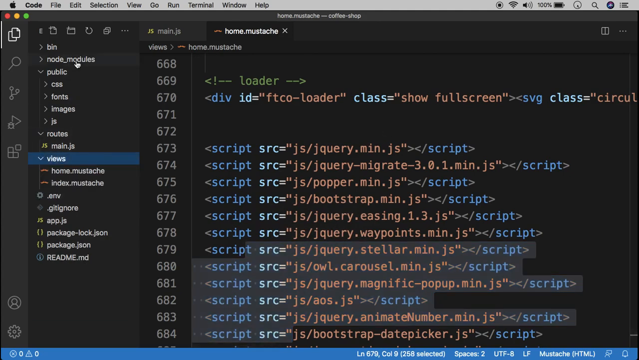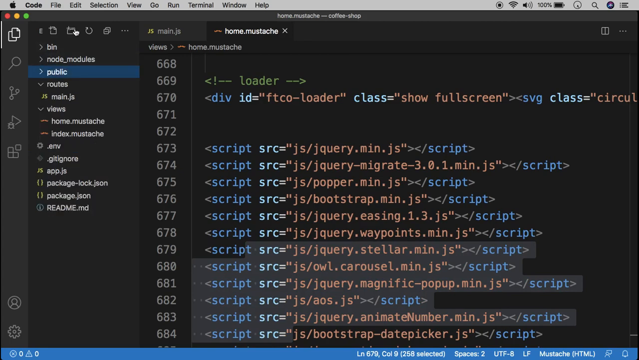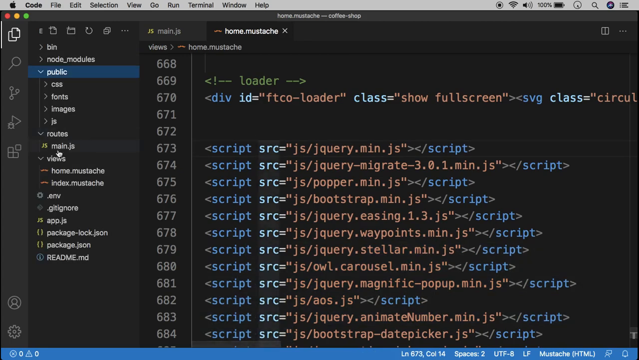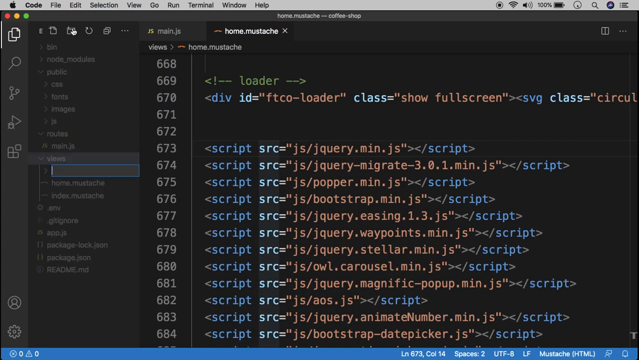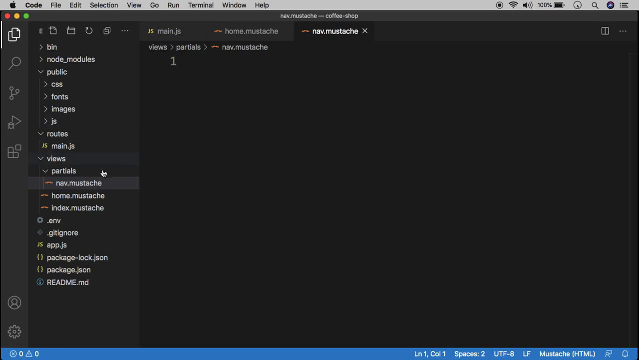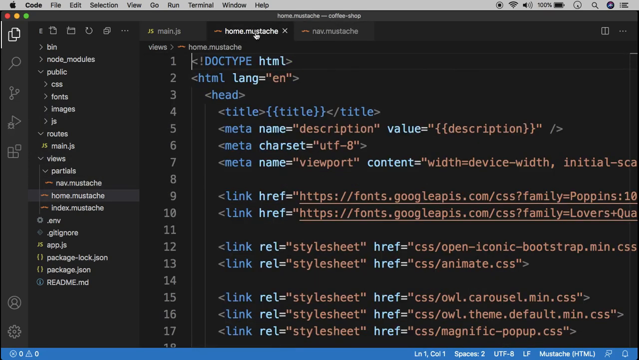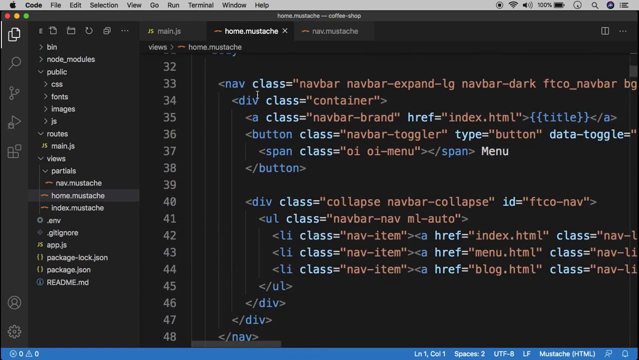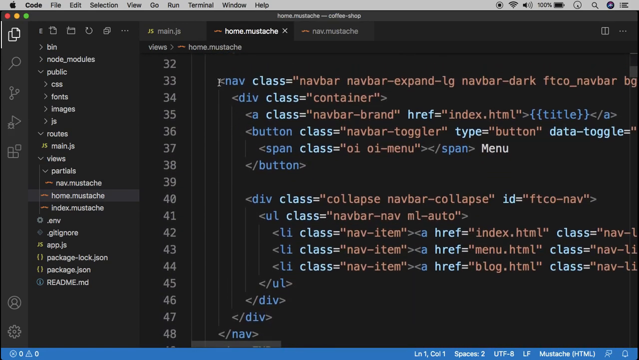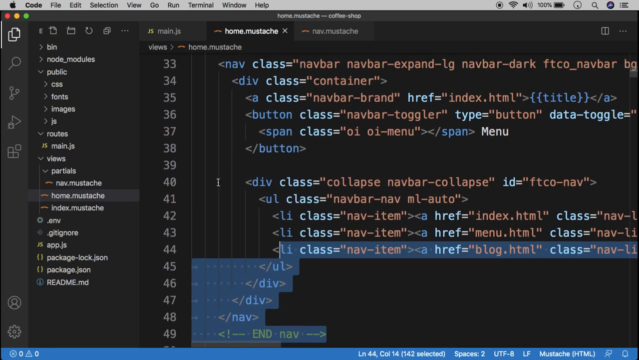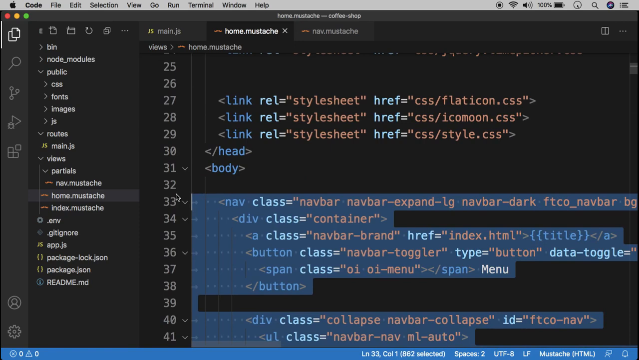So here in the views directory, I'm going to create a new subdirectory called partials. And inside the partials directory, I'm going to create a new file called nav.mustache. And it's important to understand that these are just mustache template files. So if I go to the top of the home mustache template and scroll down a bit, you'll see there's a nav HTML tag, which is the nav bar. So if I highlight and copy this whole thing, if I actually just cut it entirely,